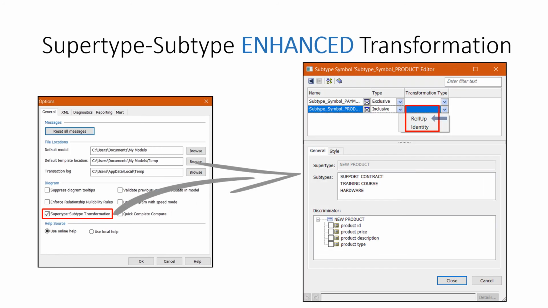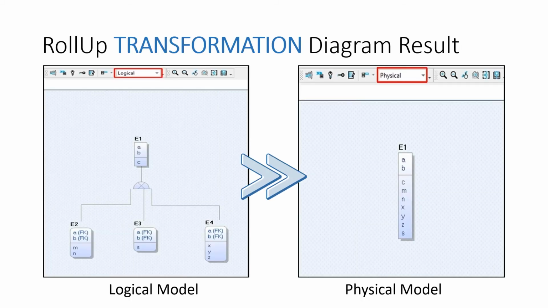Now present on the upper portion of this dialog is a new column titled Transformation Type. Using this drop-down menu item, modelers can now set the physical implementation for the logical Supertype-Subtype transformation to RollUp or Identity. Although RollDown is a valid transformation type, it is not yet implemented in Erwin DM. There are plans to add this additional transformation selection in an upcoming product release. If the preceding actions were performed correctly, modelers can now maintain different logical and physical visualizations for supertype and subtype